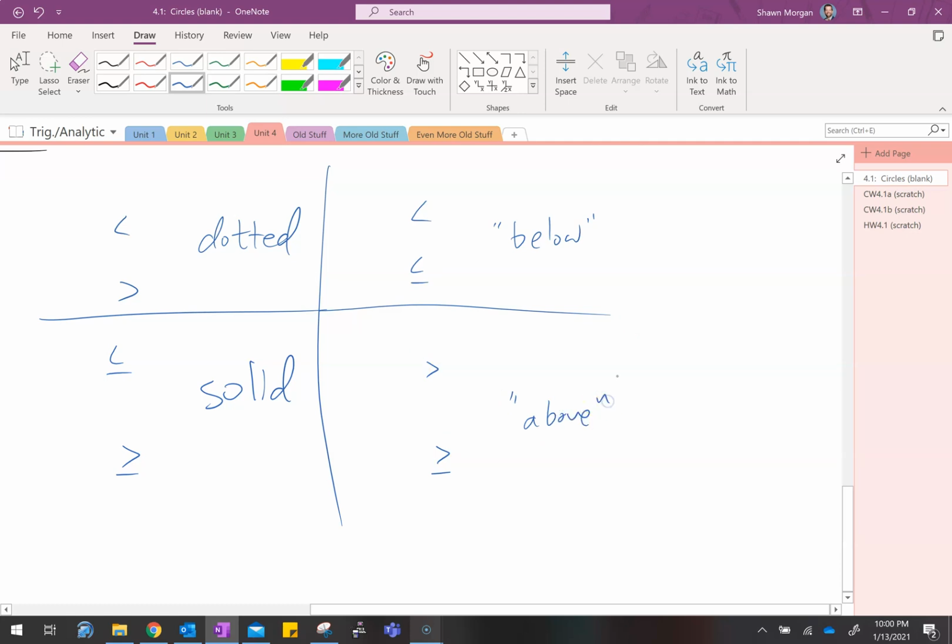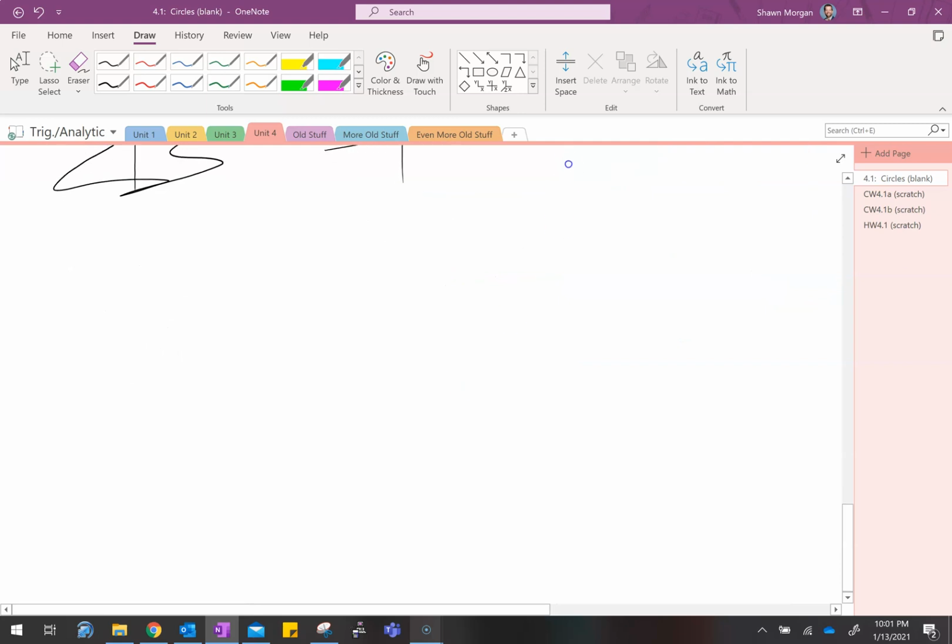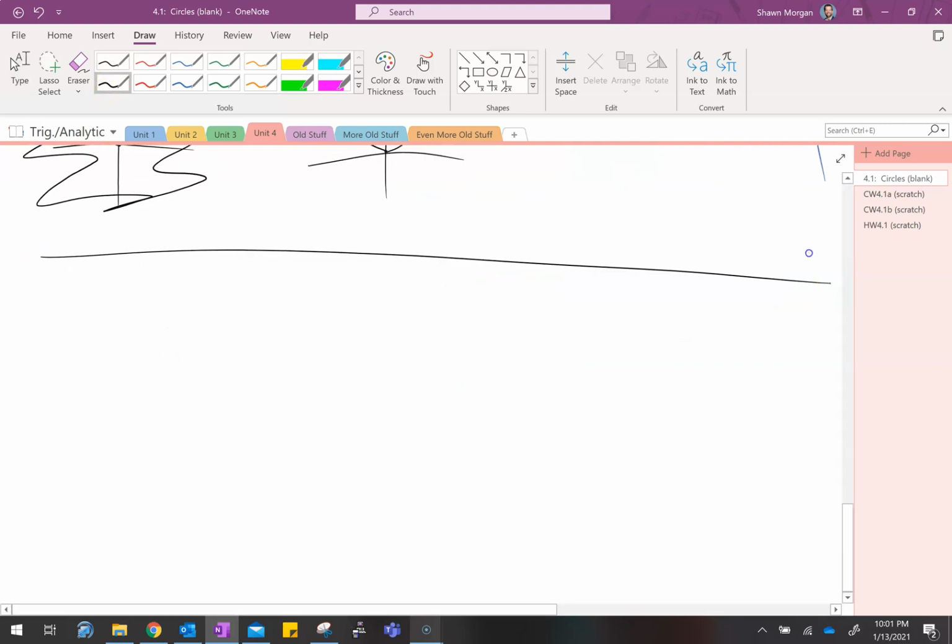I'm putting those two words in quotes because here in just a little bit, in the context of circles, there's not really going to be a below or above. It's going to be inside or outside. So inside goes along with this idea of being less than or equal to. And then outside the circle, make a note to that effect, will be if it's greater than or equal to. Okay, so without further ado, let's get to an actual example,